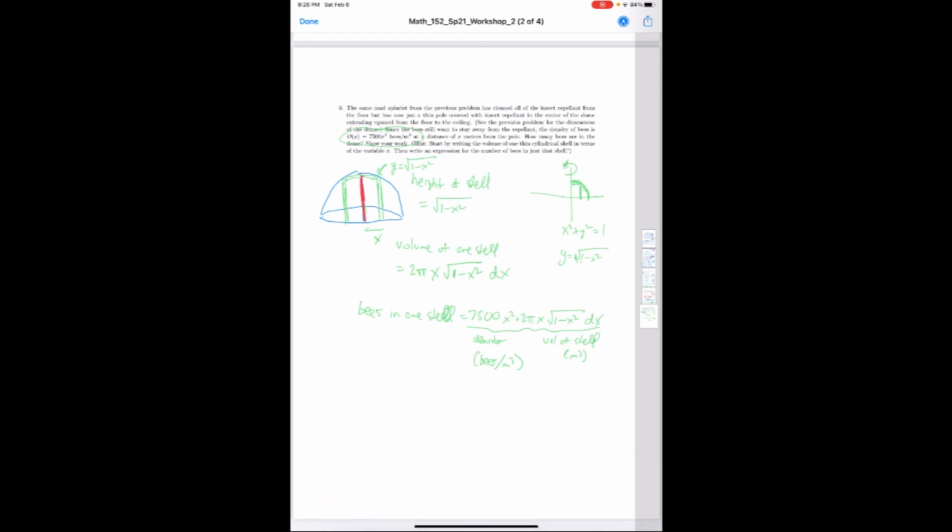So now to find the total number of bees in the dome, this point here is going to be 1, 0, because this is a dome of radius 1. So the largest possible x value is going to be 1, and since we're doing this as a volume of revolution, we can start at 0. Even though the dome extends off in this direction, we took this curve from 0 to 1 and revolved it around this axis to get the full dome. So we're going to do V equals the integral from 0 to 1 of that expression we just found,